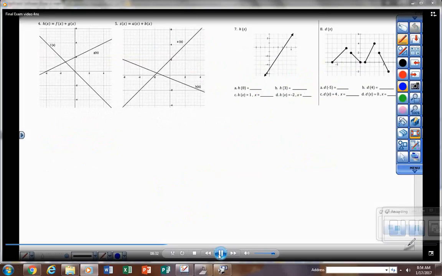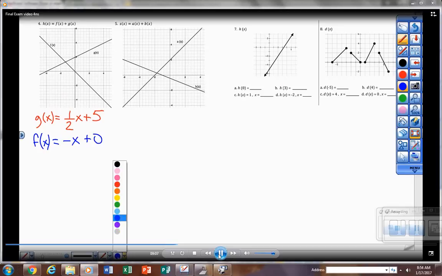All right, for these, to combine two equations to get a third equation to graph, I have to first write the equation for both lines and then combine them together to get that new equation. So that g of x line has a y-intercept of 5. Every time I go over 2, I go up 1 for my slope. That f of x line has a slope of negative 1, over 1, down 1, and has a y-intercept of 0. All I have to do is combine those two together to get my new slope and my new